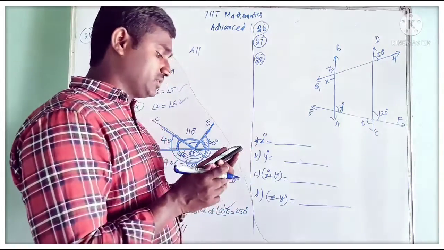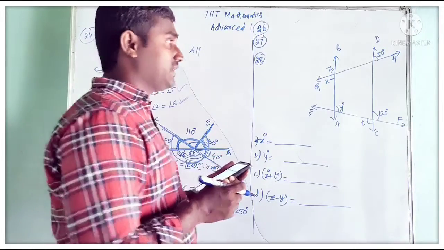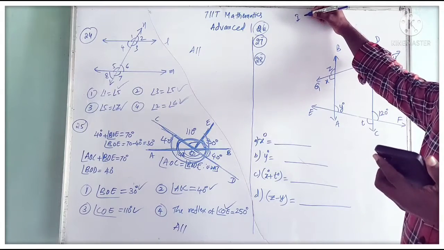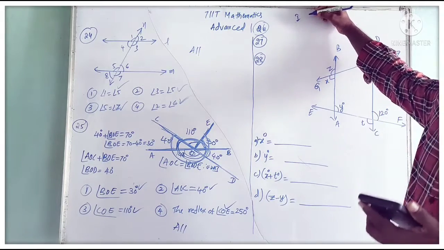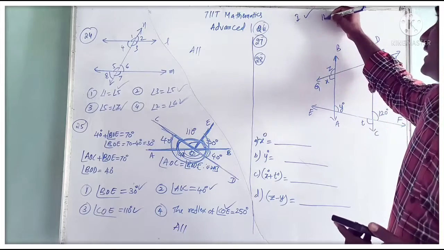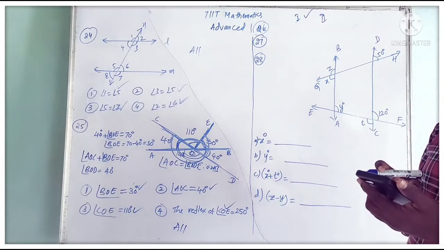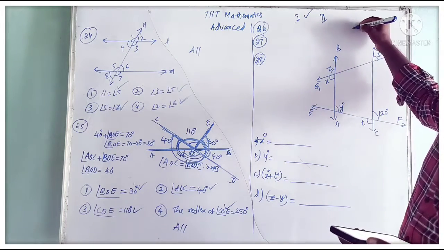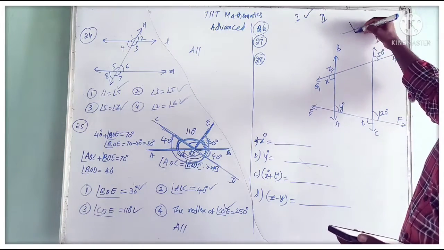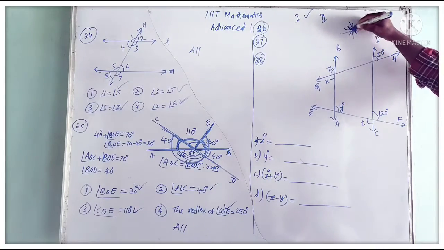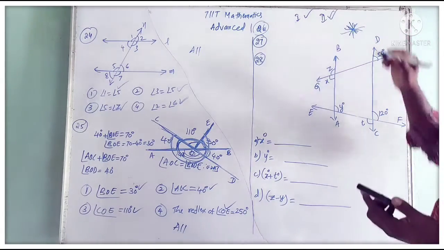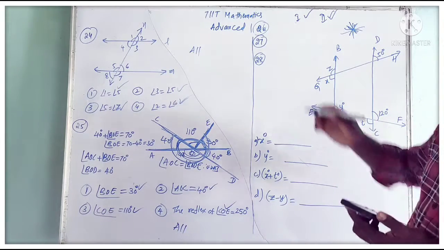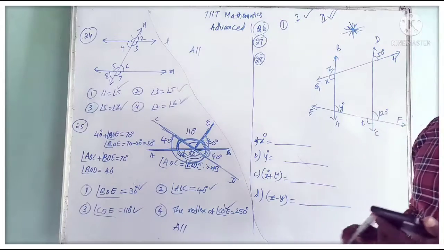Statement type questions. A line contains infinitely many points. Statement 1 is given, that a line contains infinitely many points. Yes, statement 1 is true. And statement 2, through a given point an infinite number of lines can be drawn. Suppose one point is given, from this point we can draw infinitely many lines. So statement 2 is also correct. So both statement 1 and statement 2 are true. So option 1 is the correct option.